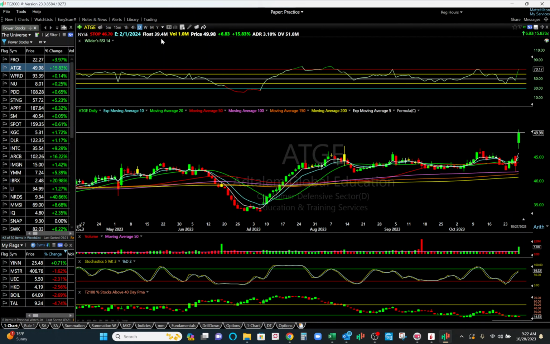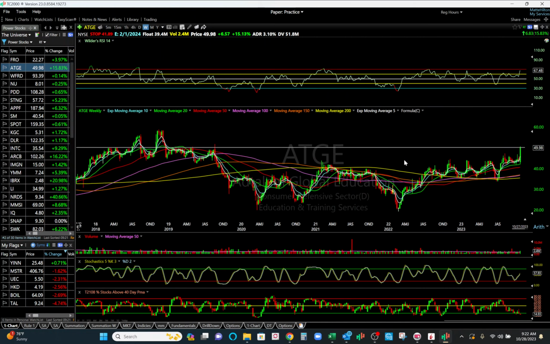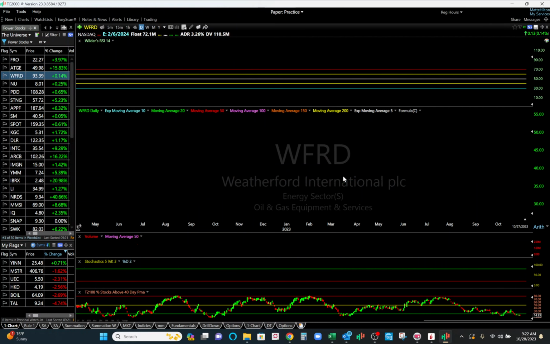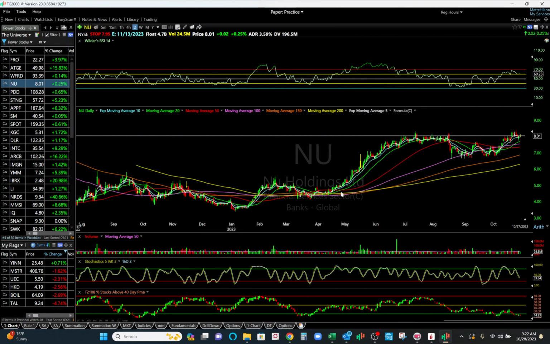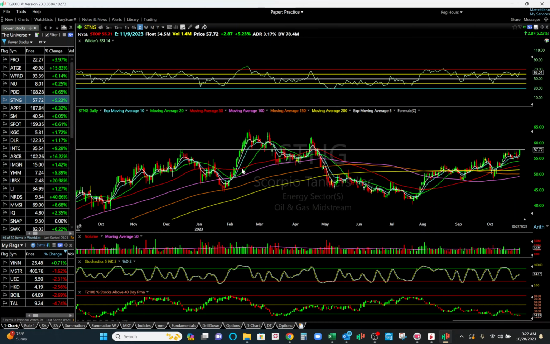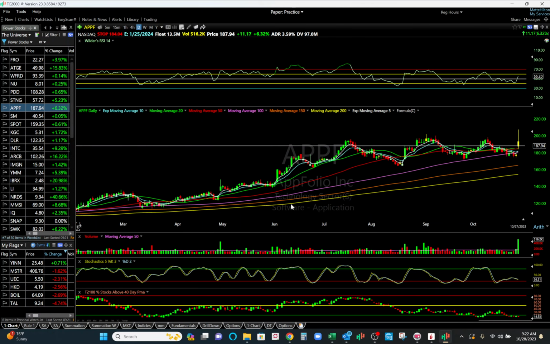ETG, that's a good breakout. Just not quite in the power zone. Higher volume than average. This is probably an earnings day. Again, not playing any longs. NU, this is a bank. Banks are showing weakness. I'm suspecting this will be a double top. Oil tankers, this is a good range expansion here. I would think this would go higher, but again, I'm not playing it.